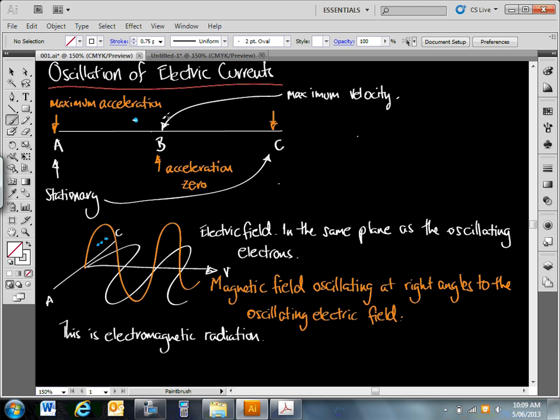And at this point here, we have constant velocity just for a moment, no acceleration. And at the two ends, imagine this is like a conductor here. This long line here is some sort of a conductor. At the two ends where the charged particle turns around and comes back the other way, the acceleration is at a maximum. So maximum acceleration here, zero acceleration here, maximum acceleration here. And the acceleration is what we're interested in because